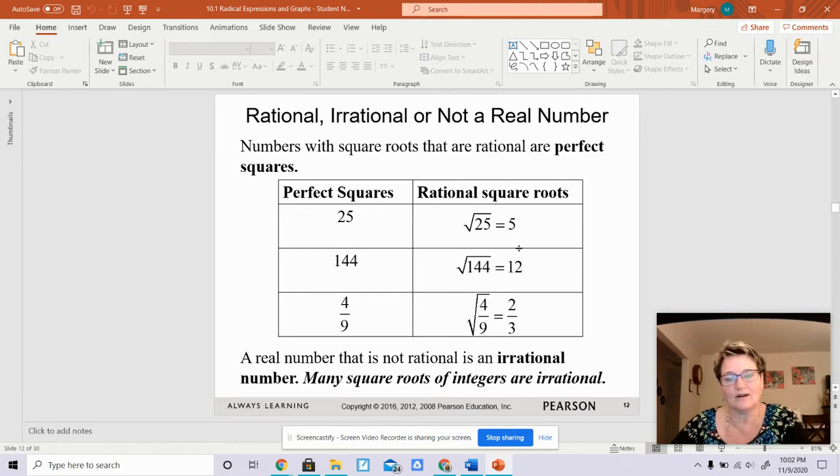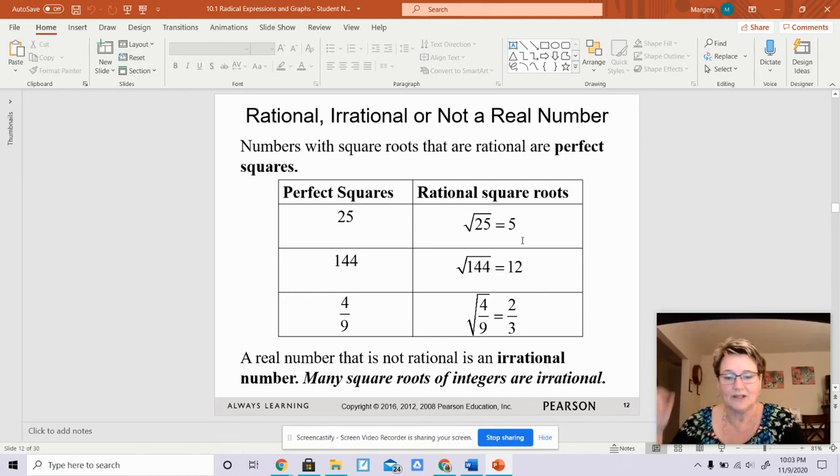A rational real number is a number that terminates or repeats, like 0.5. 1/2 is a rational number because 1/2 is 0.5. 2/3 is 0.66666, it just keeps on repeating. That is also rational. An irrational number is something like pi, where it's 3.14 and it just keeps on going. It doesn't stop, and it does not repeat or terminate. The number 6 is considered rational because it stops. It's just 6. Something that is not a real number is known as an